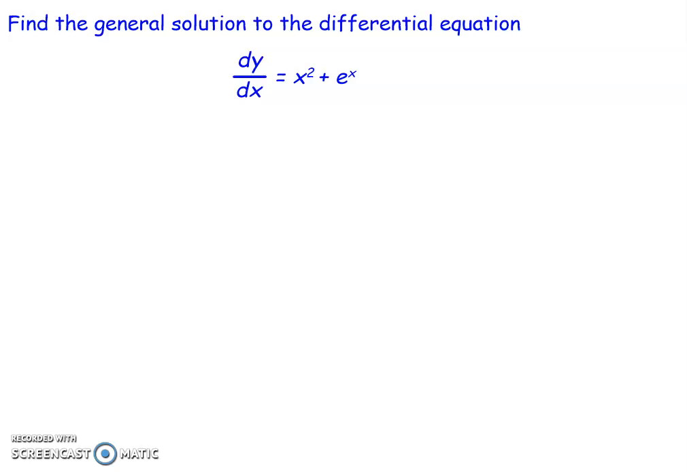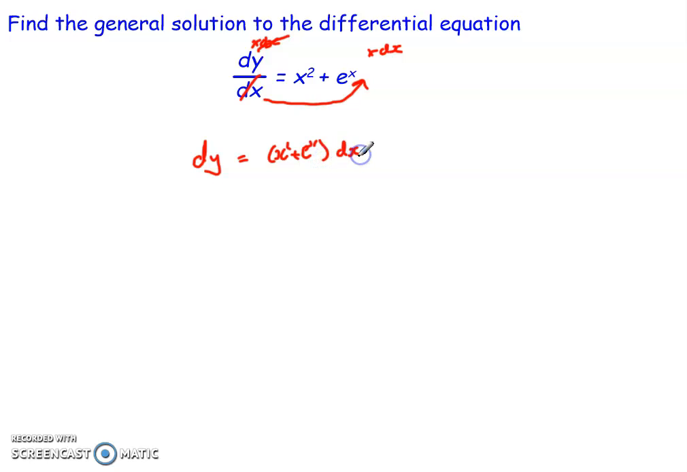Now for one of these questions, remember we have to separate it, so we've got everything involving a y on one side, everything involving an x on the other, and once we've done that, we can integrate it. In order to do that, what I've got to do is shift the dx up to this side. We're going to multiply both sides by dx, and the dx's here will cancel, and I've got my times dx on this side. So I can rewrite the equation as dy equals x squared plus e to the x